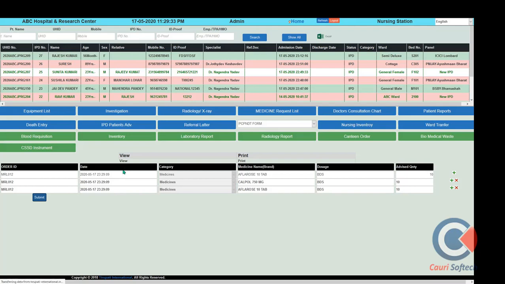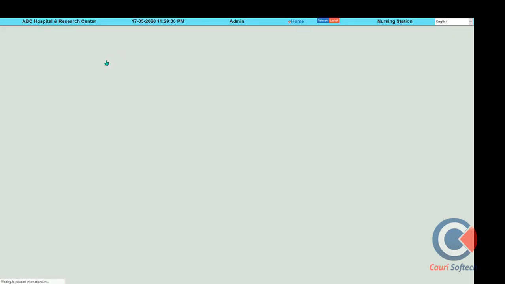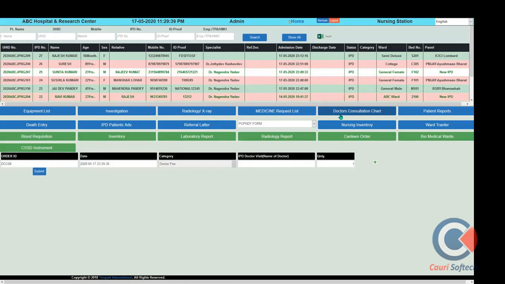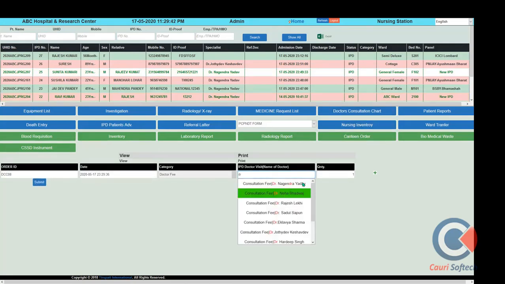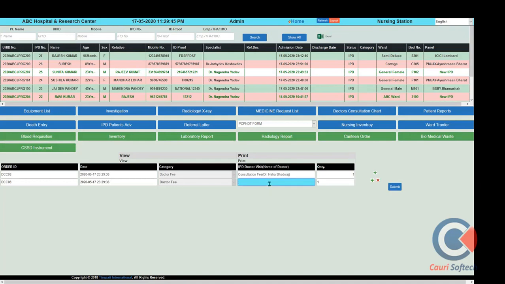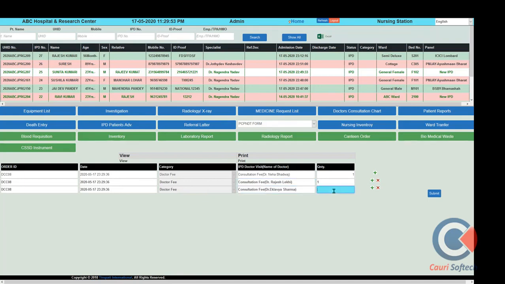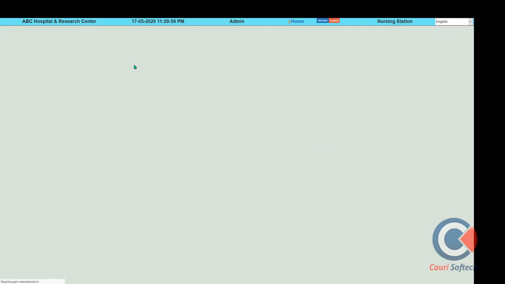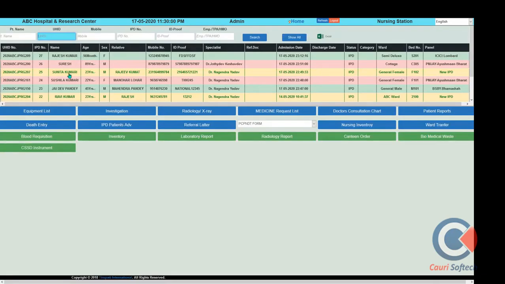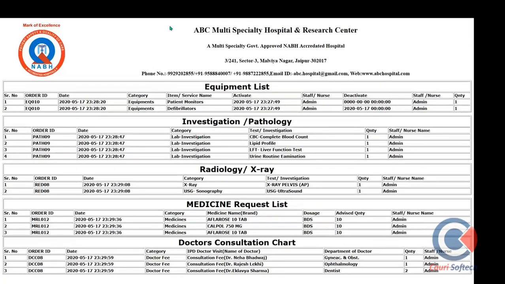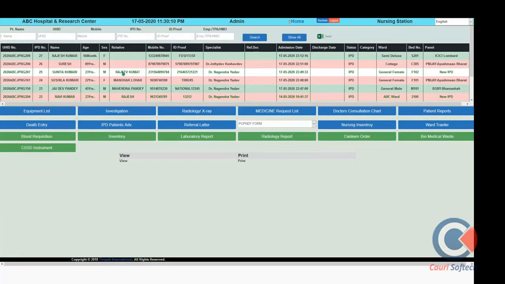This is the section for the nursing station, where various kinds of services are put through the billing of a specific patient. At the time of a doctor visit, we can add different doctors' visit entries for the same patient. They come to see the patient during the admitted time, and the quantity of visits we can put here. Later on, we can generate a patient record showing what activity has been performed by the different nurses. That is for full billing purposes. In this way, day-to-day investigation records we can access through the system.